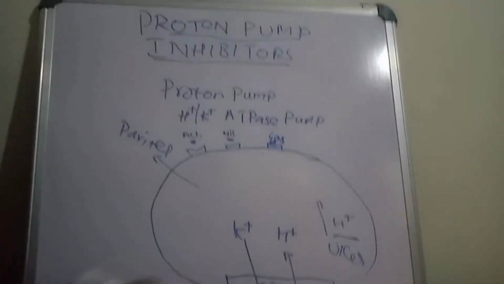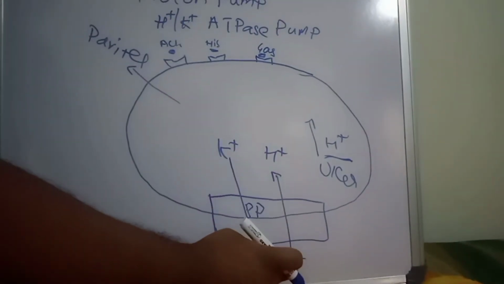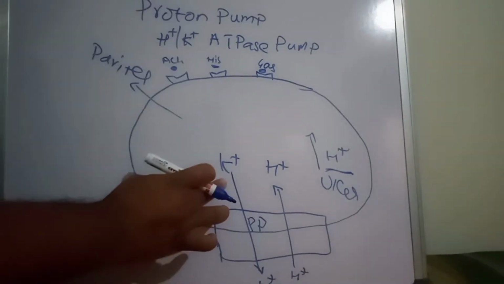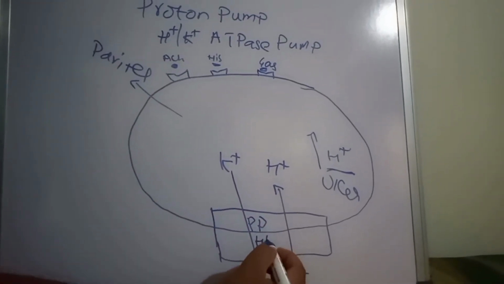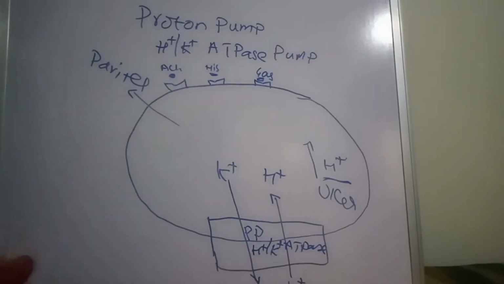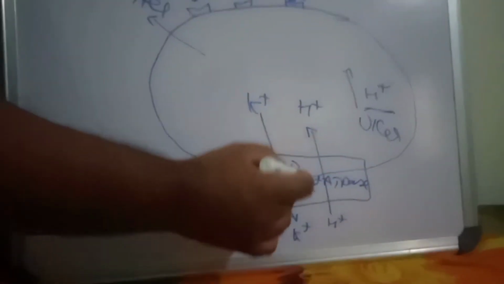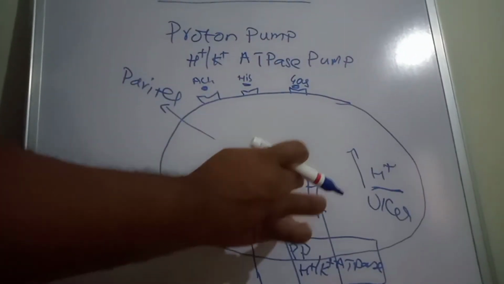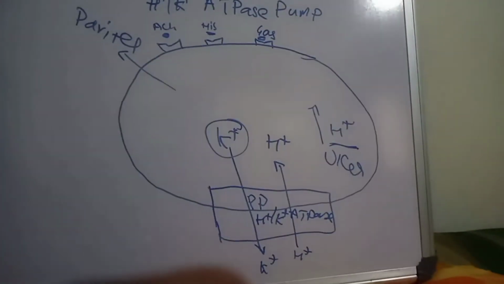So the proton pump pumps the acidic hydrogen H plus ions from the outside into the inside of the stomach, whereas it replaces potassium from inside to the outside. It is also called hydrogen potassium ATPase enzyme. Through this particular enzyme and this proton pump, they are replaced. That's why it is called hydrogen potassium. Means hydrogen in the stomach replaces the potassium, thereby increasing the concentration of H plus ions.